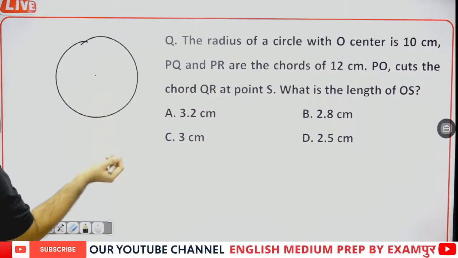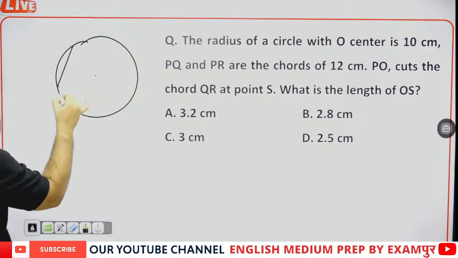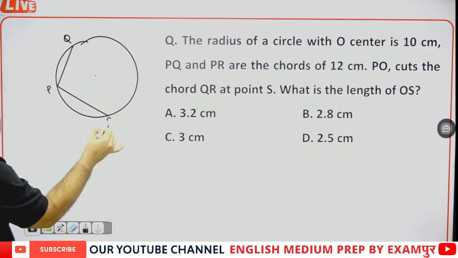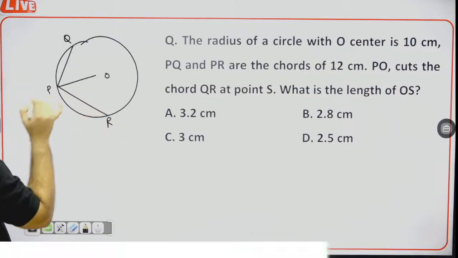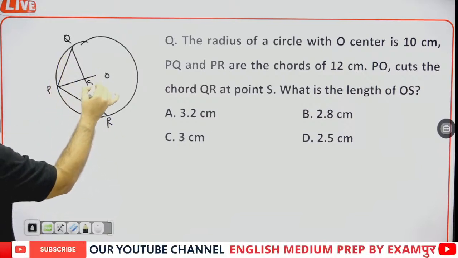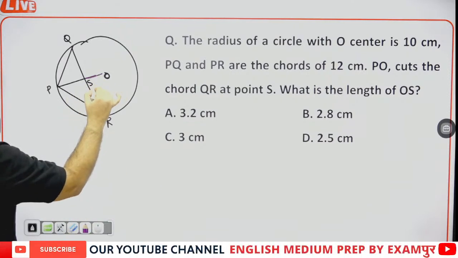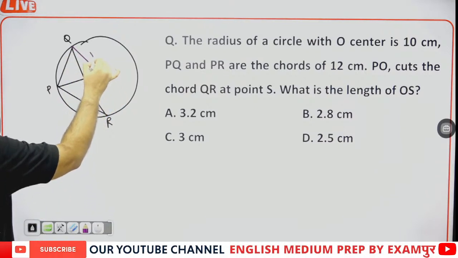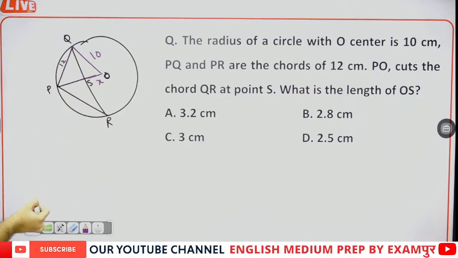10 PQ and QR. PO cuts the QR at point S. What is the length of OS? Let it be X. Radius is 10. This is 12. Okay? So,